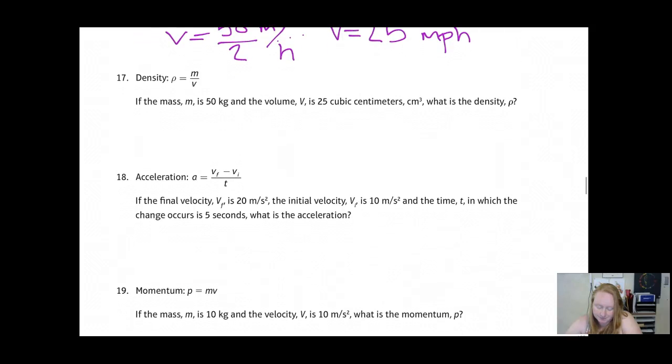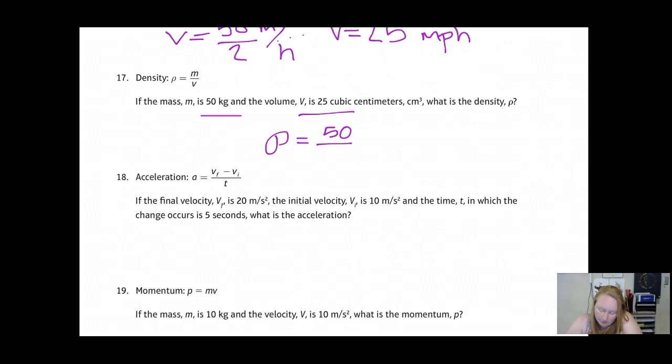Density. This shows that density equals mass over volume. So if we have a mass of 50 kilograms and we have a volume of 25 cubic centimeters, what is density? So we're going to go ahead and put rho, that's what density is, equals, it's that weird like P thing. So rho equals